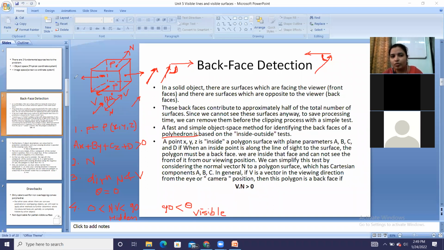Okay, because the direction of normal and direction of viewer, this has angle in between which is less than 90 degrees. So the face is hidden. Okay, so now this is the normal from the point P which is lying at the back side. If I am going to rotate this,